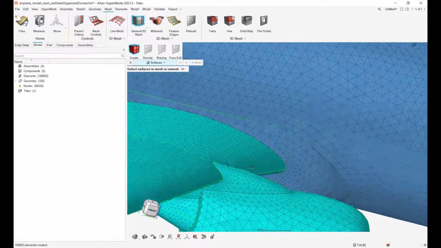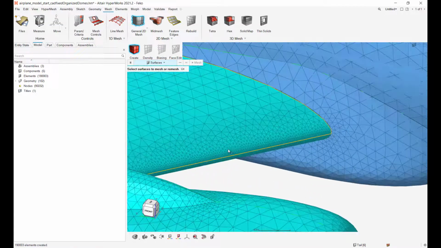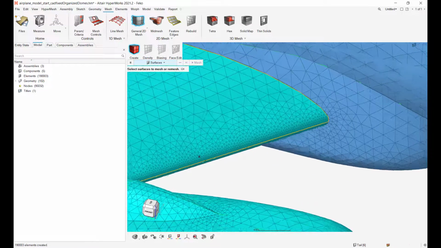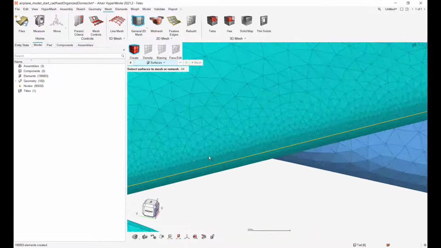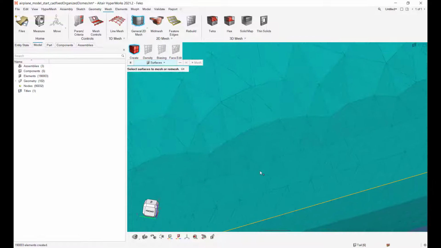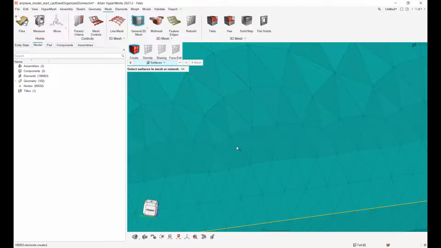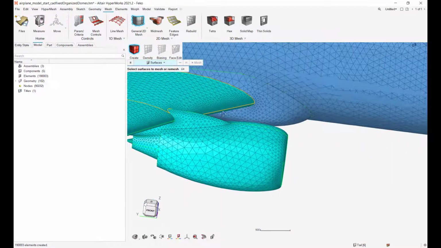Okay, so we can see towards the leading edge now. It's a great place to look. You just see the amount of elements that get packed in here because we have to more accurately capture this feature in order to not deviate from the surface. And if you keep zooming in, you'll see what I mean by deviate from the surface. The graphics start to show that surface poking out. Oh, it's not super evident here. I mean, it's evident, but